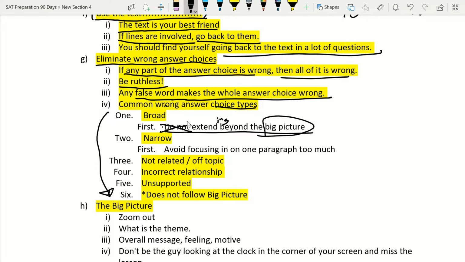All right, so the next incorrect answer choice type is going to be an incorrect relationship. This can also be called a reversed relationship. So let's say this is about one paragraph of that same reading section I was talking about, with earthworms in the Amazon rainforest and how their increased population is causing ecological problems. A reversed relationship would be that, let's say we said that the earthworms,